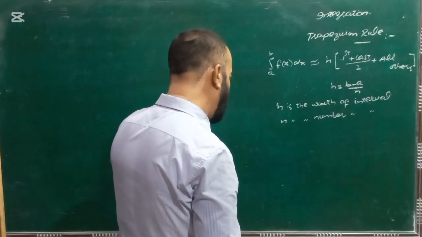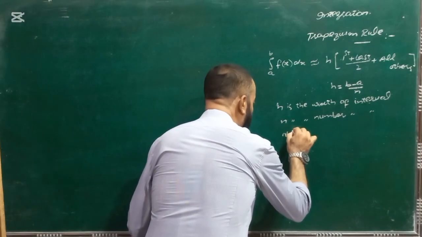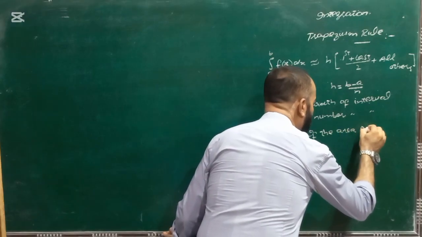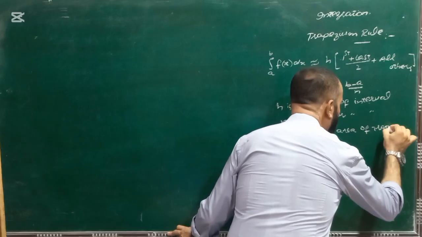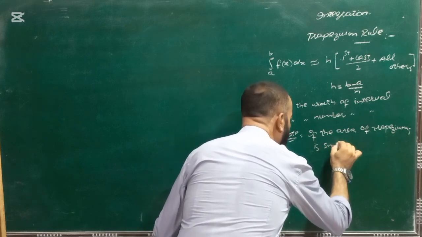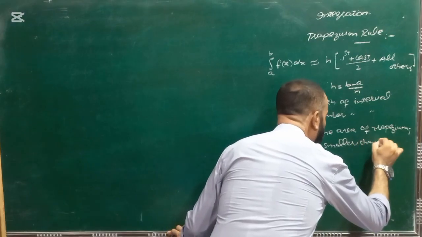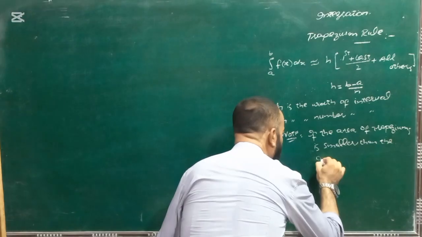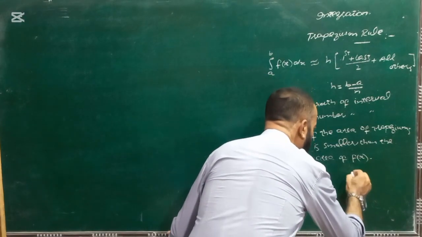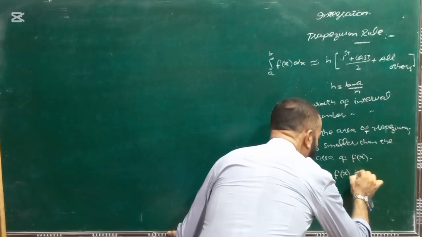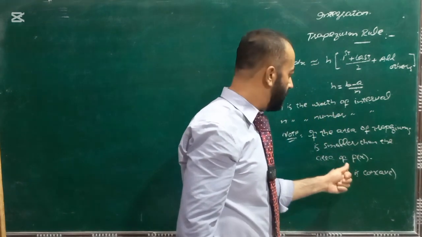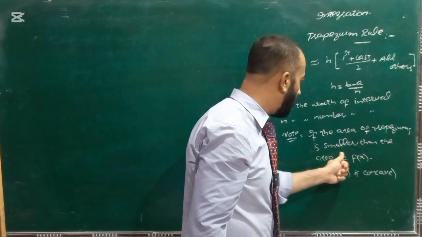And another very important thing in the concepts is, if the area of trapeziums is smaller than the area of f of x, then f of x will be concave and the area will be underestimated, because listen again, if the area of the trapeziums is smaller than the area of the f of x,